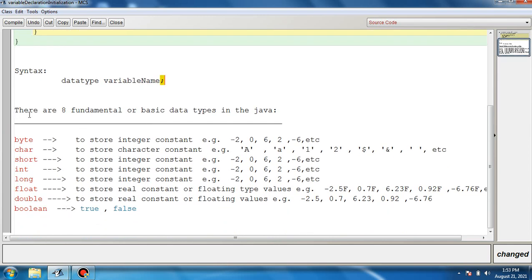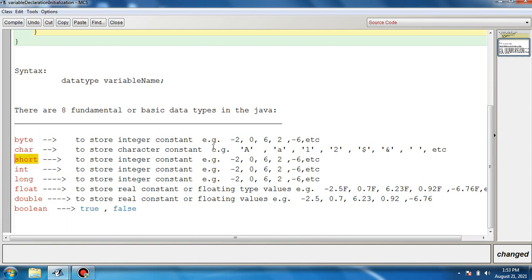semicolon. And I had told you about the fundamental data types, or the basic data types, in Java. That is, there are 8 fundamental data types, and these are the names of the 8 fundamental data types, and these are the 8 keywords that we will use while creating programs to declare a variable, to say what type of value that variable is going to store. That is how the compiler will come to know, from these 8 data types.